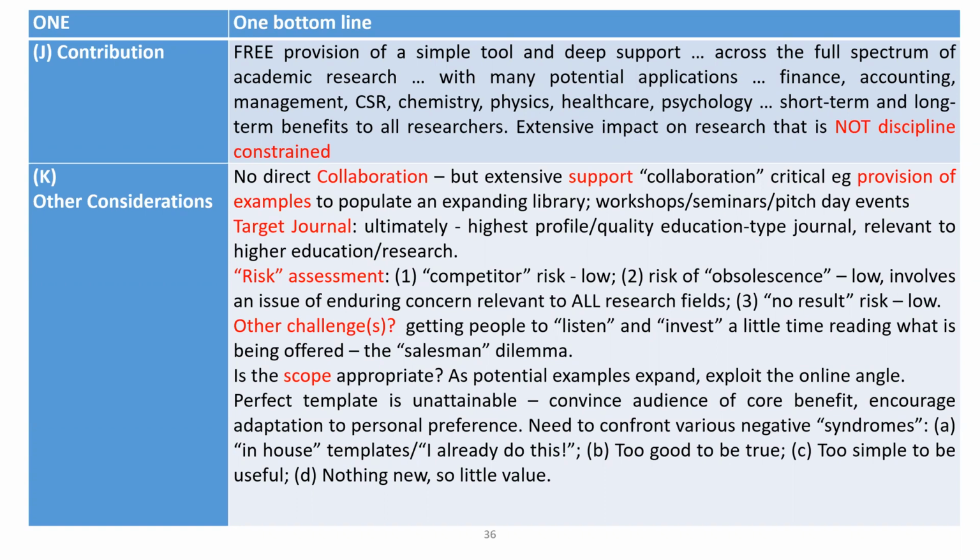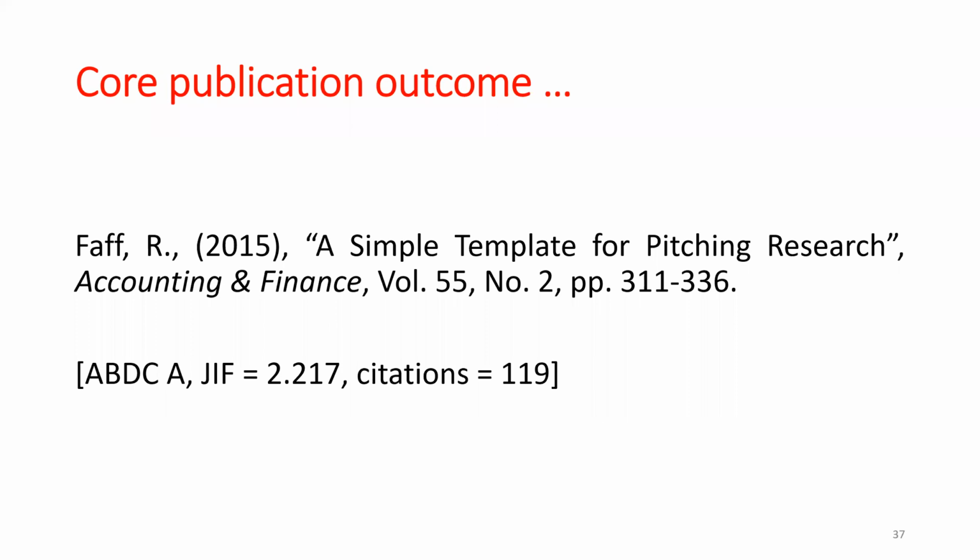It's not discipline constrained. So there's a bunch of other considerations there, which in the interest of time, I'll let you look at offline, but I talk about target journal, I talk about collaboration, I talk about a risk assessment of competitors. Is there a competitor risk, a risk of obsolescence, or is there a risk of no result? Now, the core publication outcome of that exercise was a publication in 2015 in the journal Accounting and Finance, and the title of the paper was A Simple Template for Pitching Research,